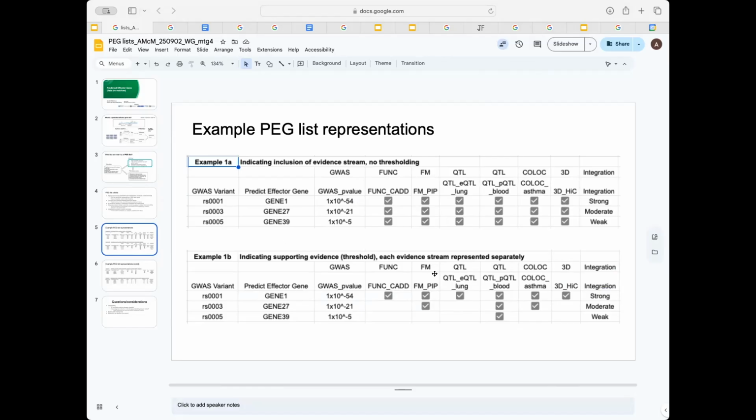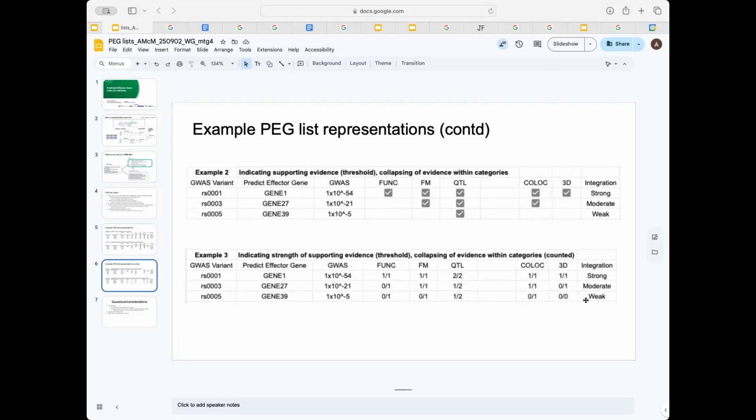Or you could require a kind of threshold for all of the different evidence streams. So that, say, you could see by looking at this that this evidence stream passed a threshold, these two did, but this one didn't. So you have more information about the underlying evidence, but again, the same conclusion in the integration column.